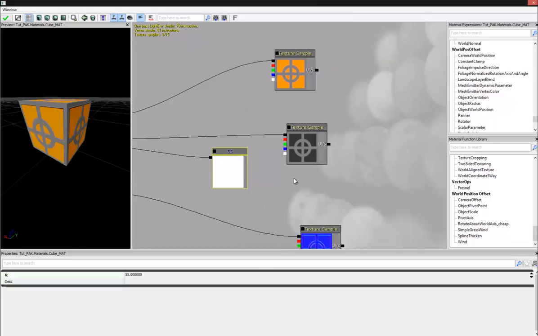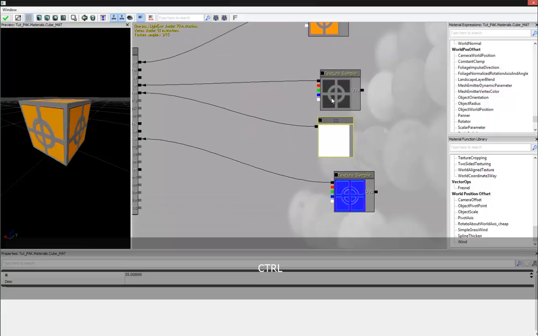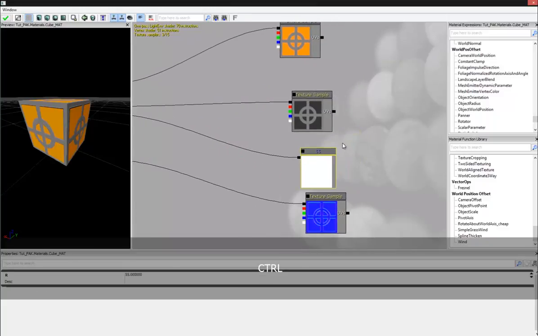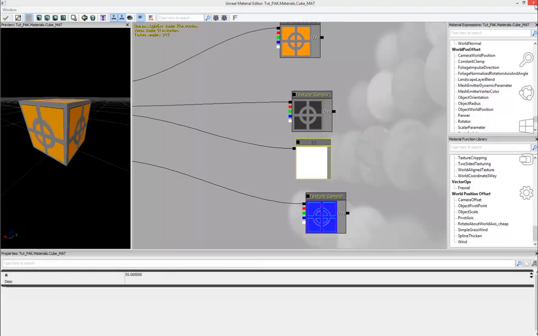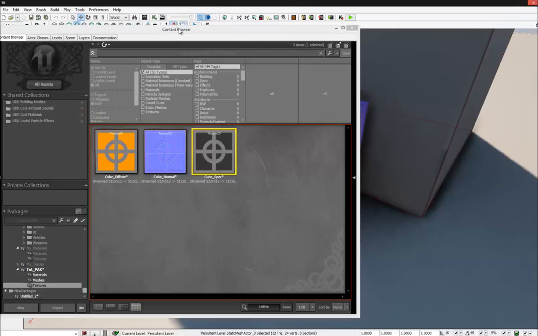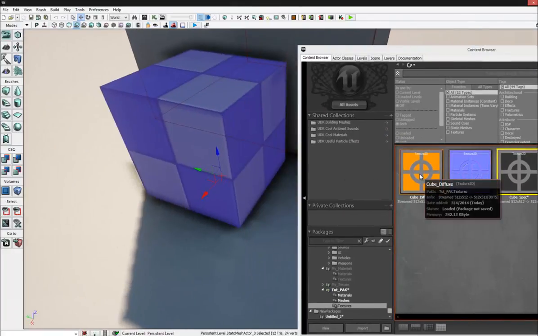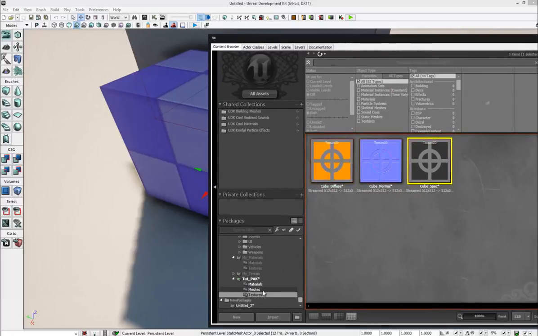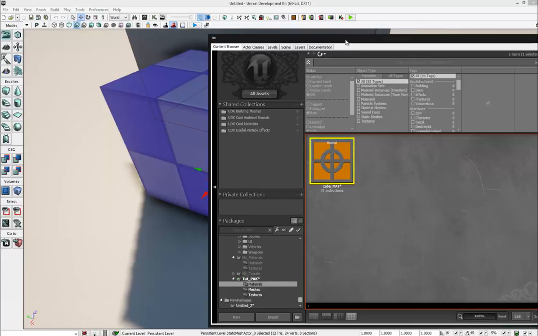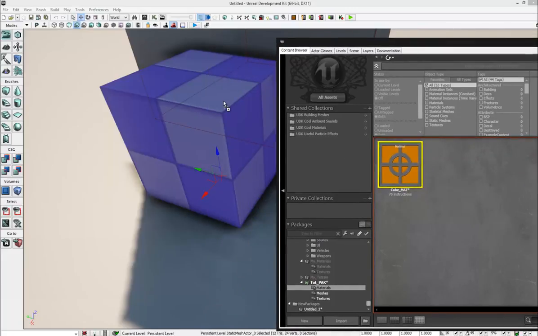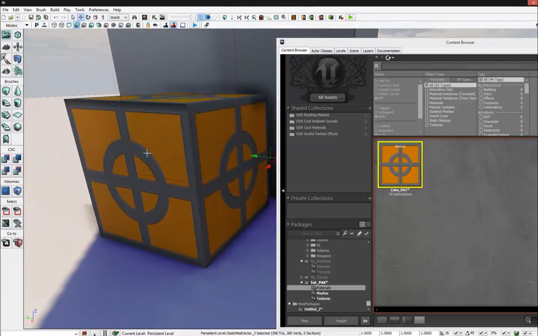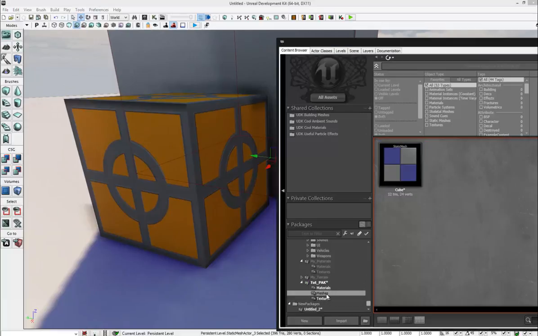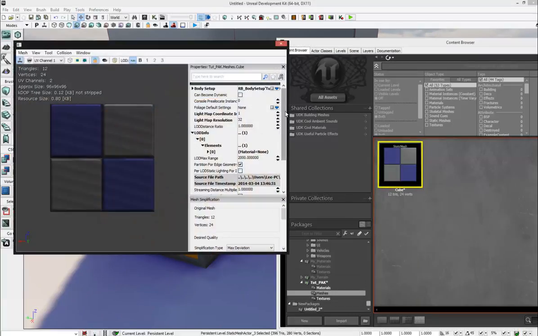Let's see, we can also add a few other nodes in here. However, this material is just basically going to be a basic one, so with that said, what we can do is compile this by clicking the checkbox and then closing this down. There's two ways we can apply this material. One is we can go to the material itself and left click and add it on here, and you can see that now we have this material on the box. The second way we can do it is we can also go to models and open our asset here,